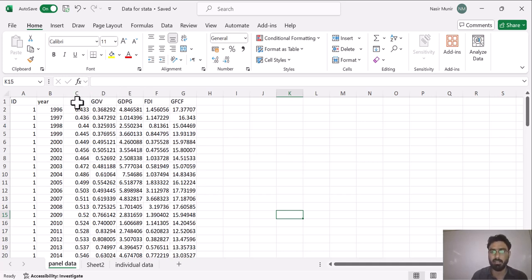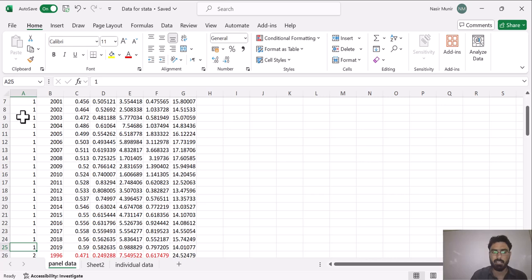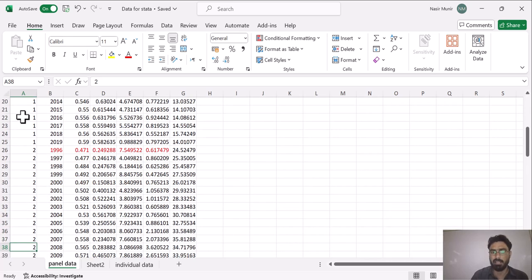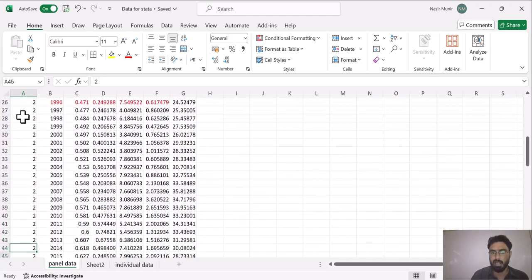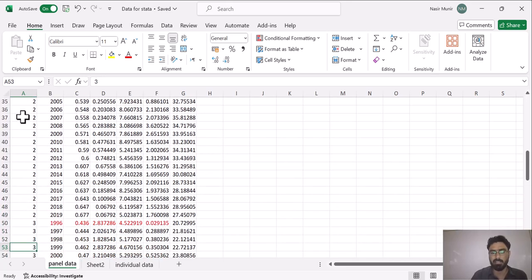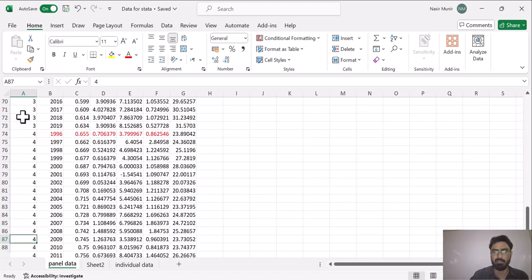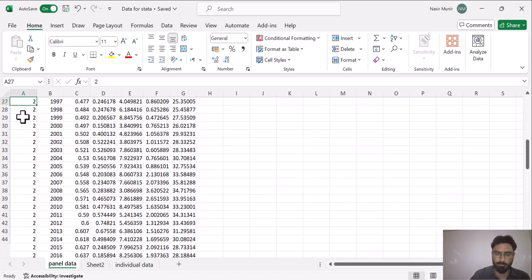There are only indicators, and here we have mentioned the ID. ID1 contains the data set for Pakistan, ID2 contains the data set for India, ID3 contains the data set for Bangladesh, and ID4 contains the data set for China.